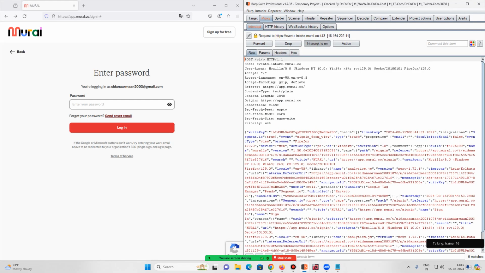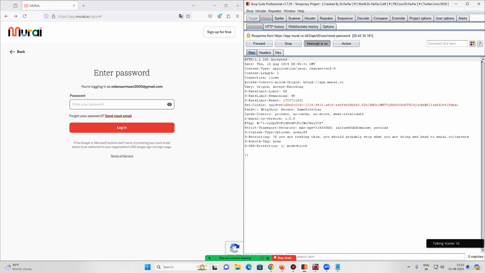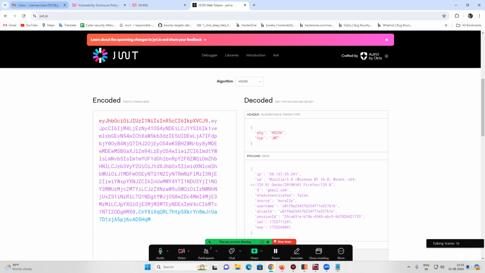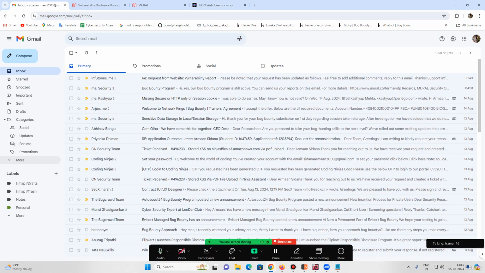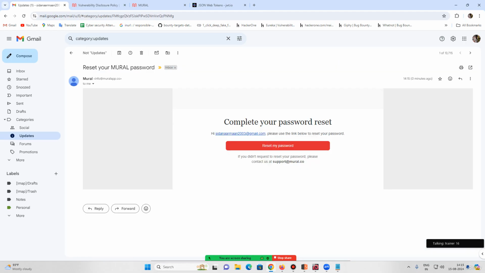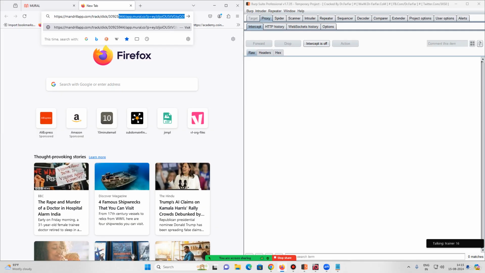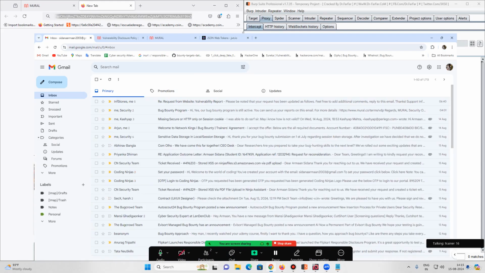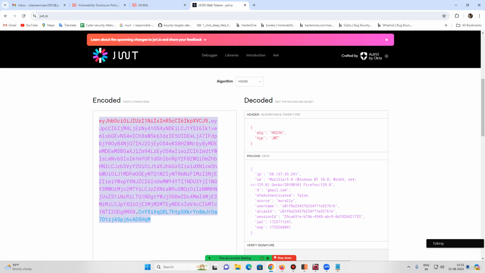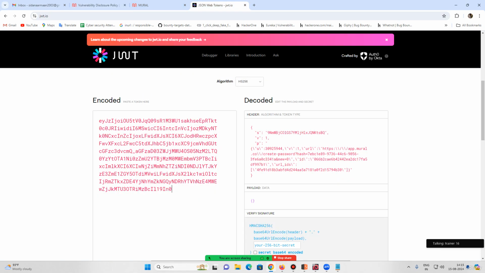It might not work as well because the security is good. It says 202 accepted. We might have gotten a link for the forgot password, but it makes sense if we have something over here. What I mean by that is this is our particular thing for resetting the password, and if you see clearly, it has a JWT token in it,